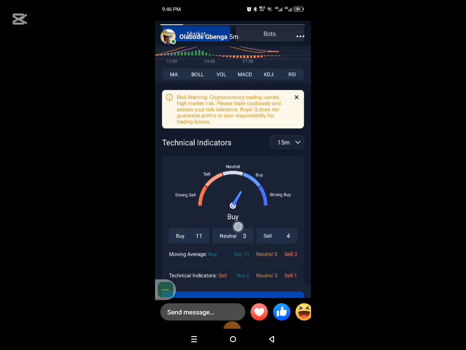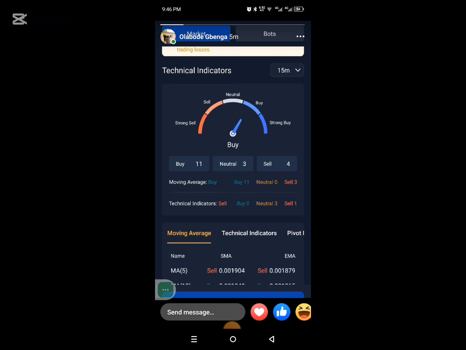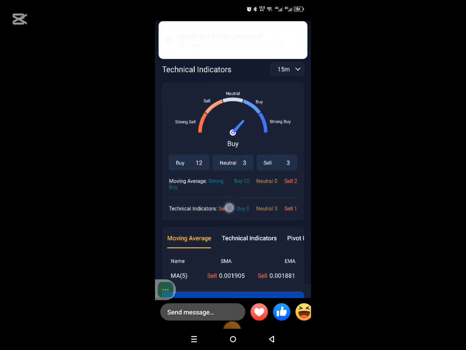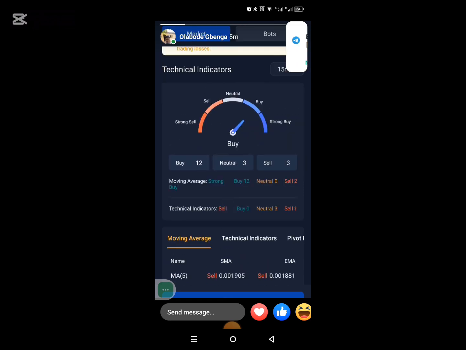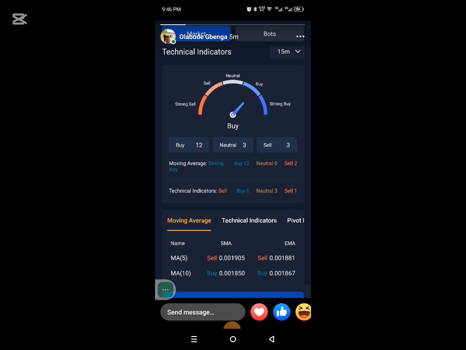The technical indicator of this particular coin ARC is showing 11 buy, 3 neutral, and 4 sell. And how many minutes is this indicator? It is the 15-minute time frame. Those in neutral are neither buying nor selling. The sellers will be 3, which means that this coin